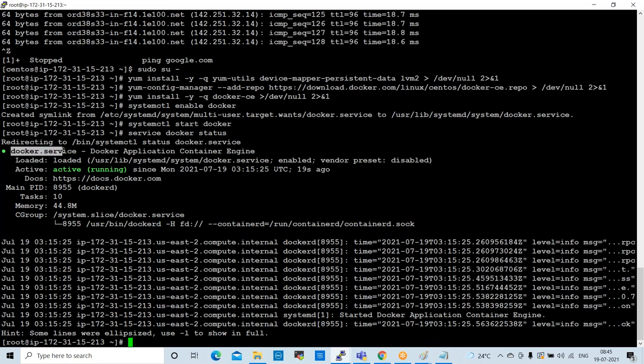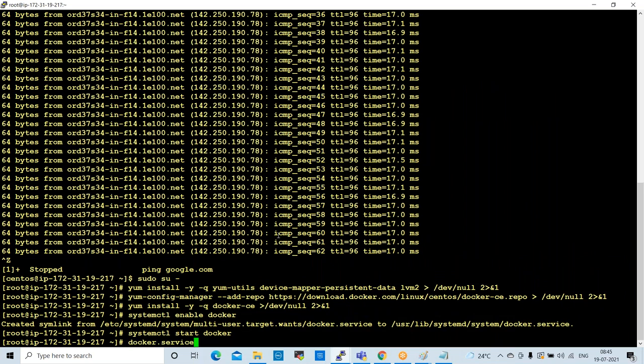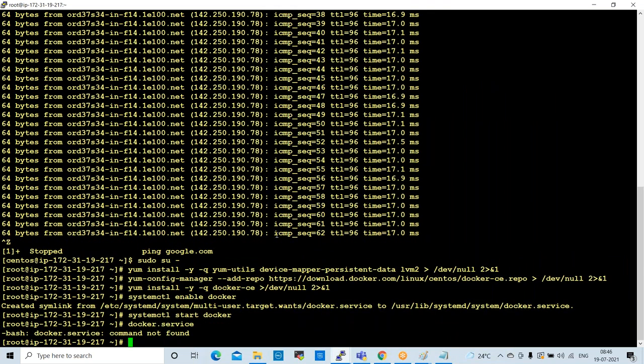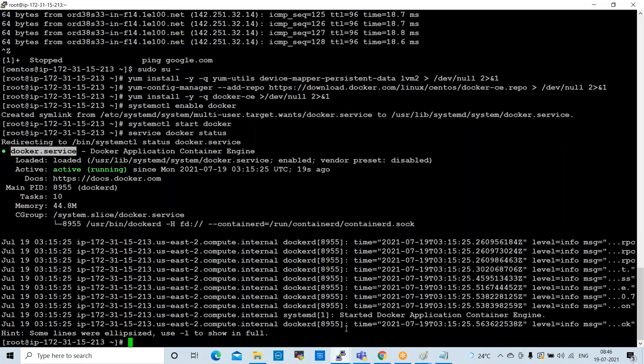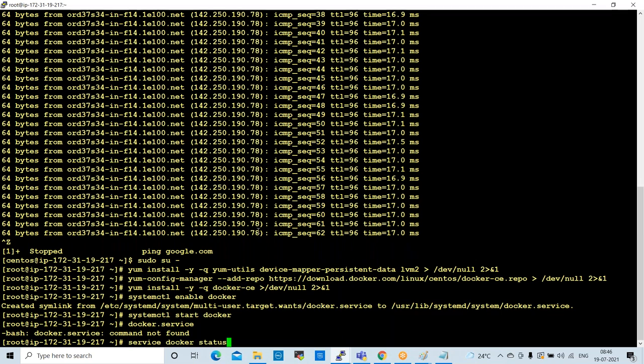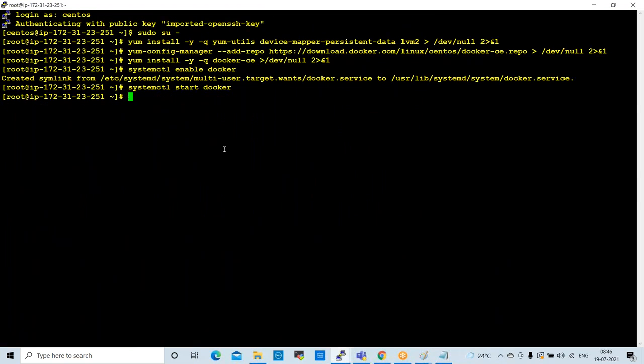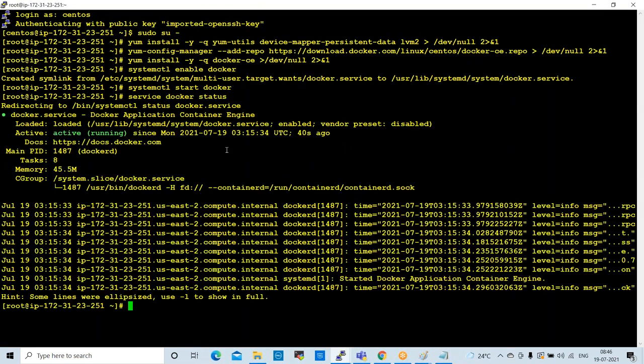Docker service is in active state. It is running, right. Go to node 1. Yeah, node 1 also it is running, right. So node 2. Yeah, it is running fine.